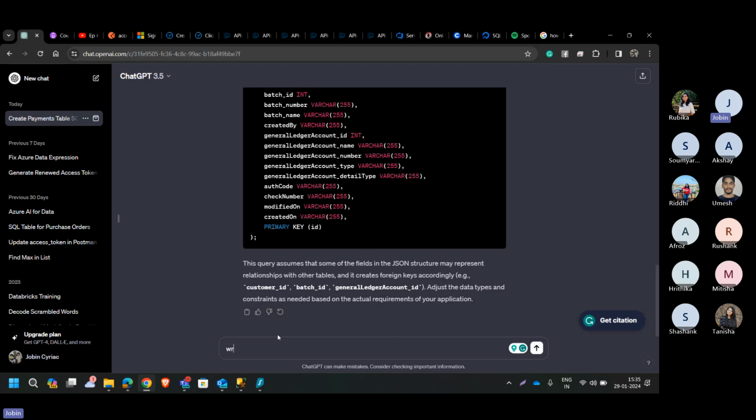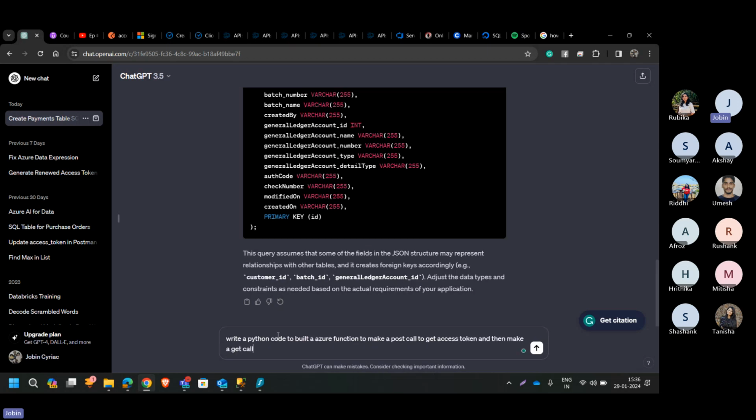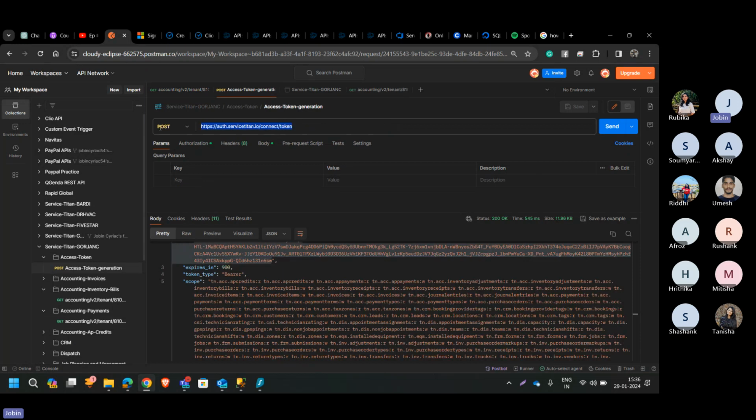So we can provide it a prompt like, write a Python code to build an Azure function to make a post call to get access token, and then make a get call to get data from API payments. So now if we will provide it the access token URL,